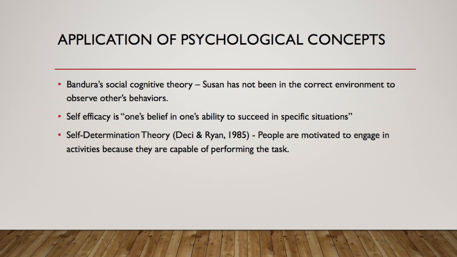The self-determination theory was formed by Deci and Ryan. This says that people are extrinsically motivated to participate in activities because they want to prove to themselves that they are capable of performing the task. Intrinsic motivation is how interested and satisfied you are, whilst extrinsic motivation revolves around ego and self-control. Positive feedback and verbal praise will enhance intrinsic motivation, whereas criticism and negative feedback would decrease intrinsic motivation. In Susan's case, she is not intrinsically motivated to go to the gym because she is not confident in her abilities to exercise.